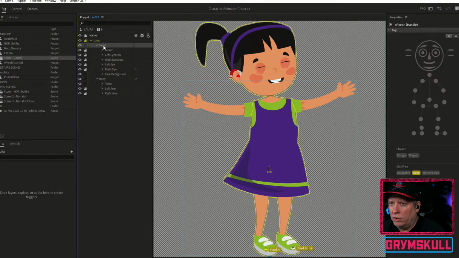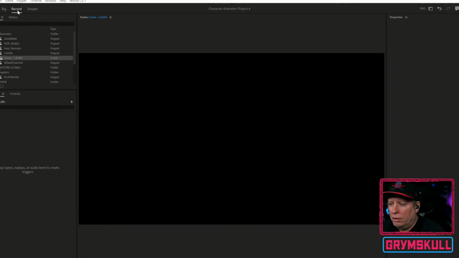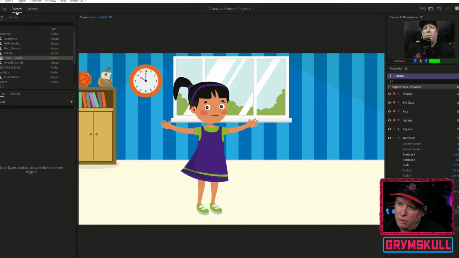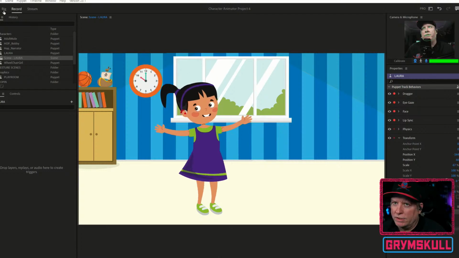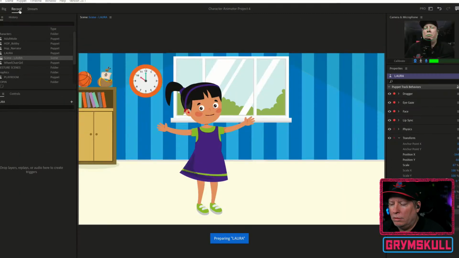Let's start with her head. I'm going to move the head to around the neck area. That just gives us a point, that's her neck.